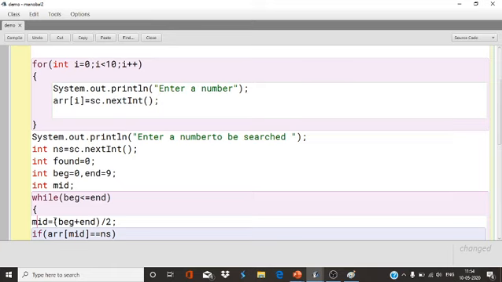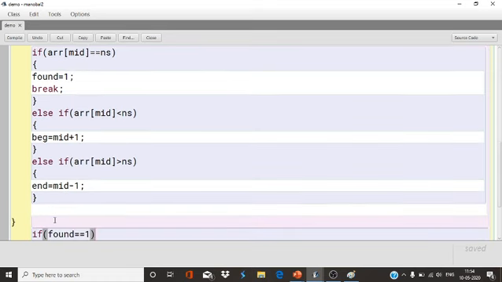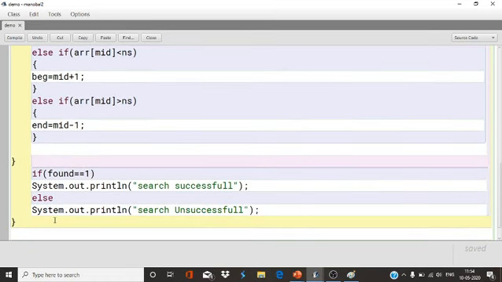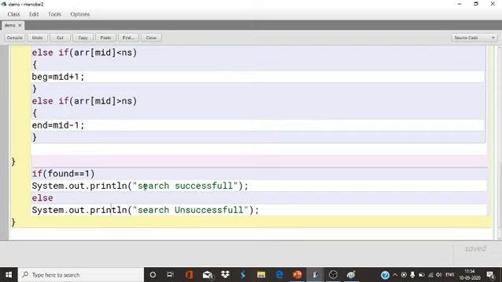Mid equals beginning plus end by 2. Now, if any changes happen, this mid will be changed again and again. Now, if found is equal to 1, search successful, else search unsuccessful.